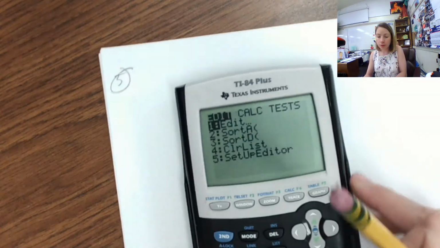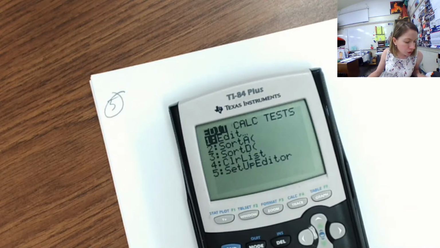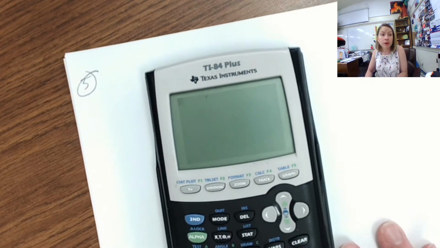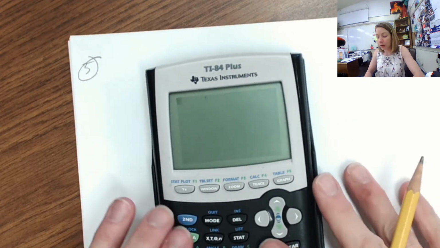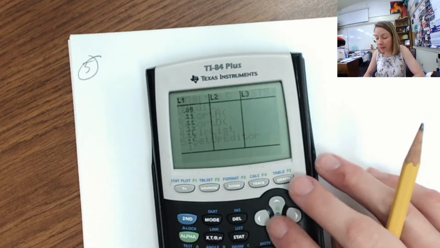So number 5, we've got blood pressure and platelets. So for number 5, we are going to be looking for an association between them. So the type of graph that we're going to be making if we're looking for an association is going to be a scatter plot. So I'm going to need to first get my data in here,